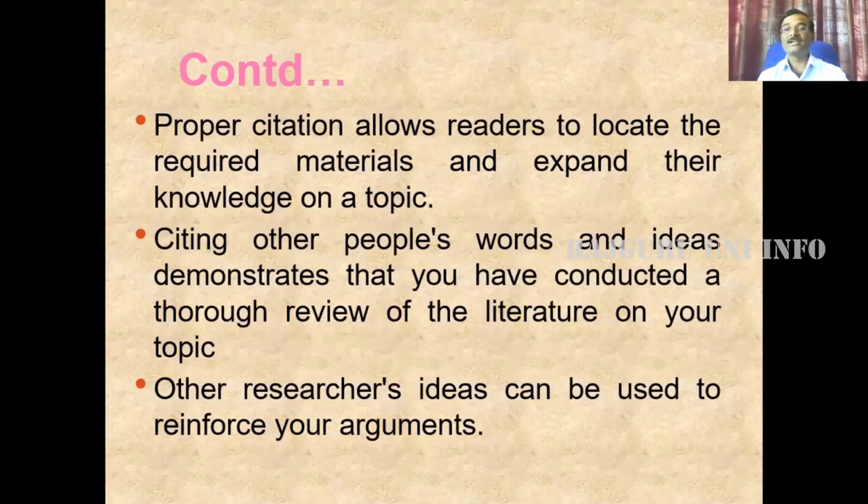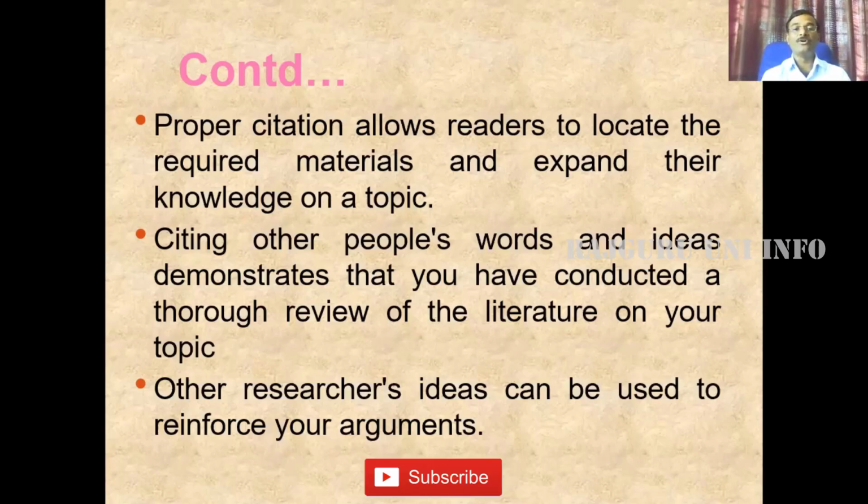Definitely, when researchers take references or citations of others' work, it increases the knowledge of the researcher. Citation of other people's words or ideas demonstrates that you have conducted a thorough review of the literature on the topic we are researching.